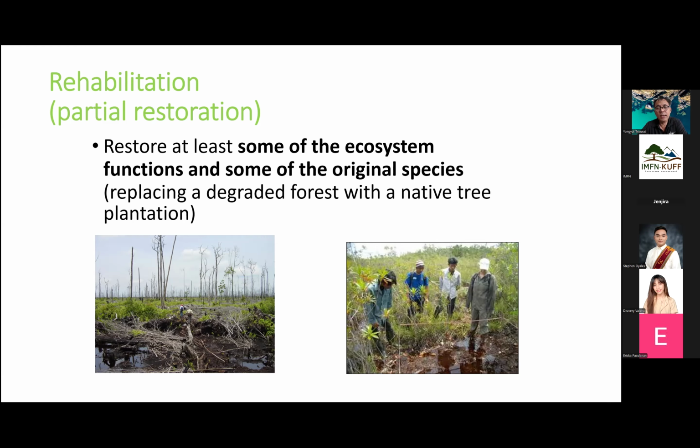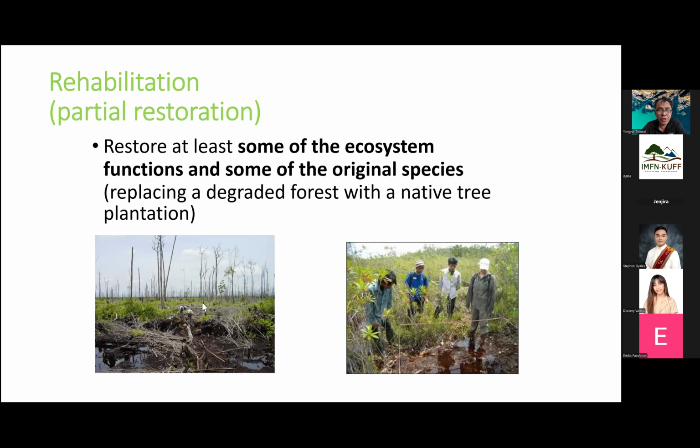So normally we grow the native species, either the enrichment planting or assist natural regeneration. So this is the example that have been practiced in southern Thailand, in